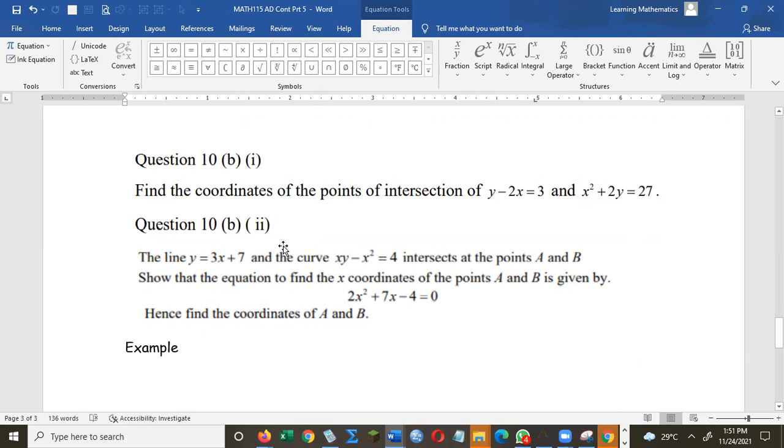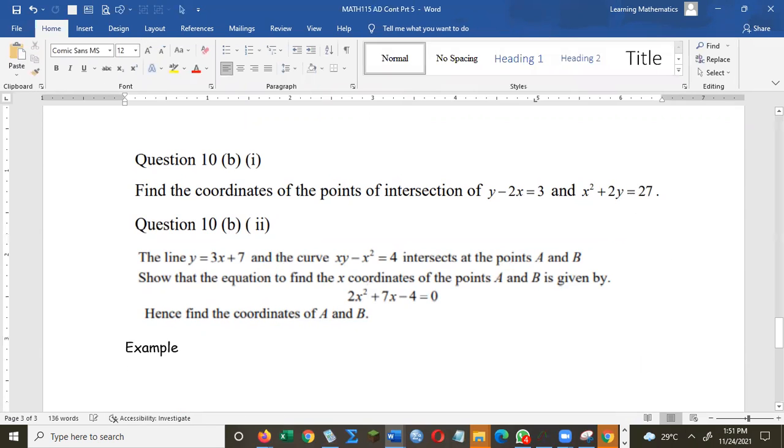Number 10, part B2 is like the same thing. Okay, so that's why I just put example there. Bam. And I'm going to formulate an example like it. So you're going to see me formulating an example like it. I'm going to say find the coordinates of the points of intersection of